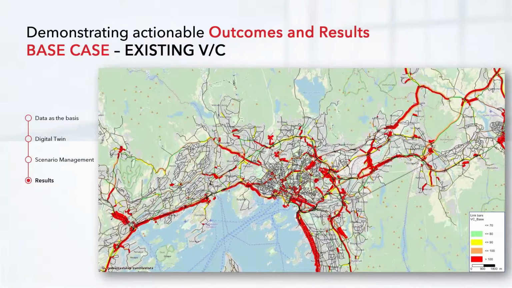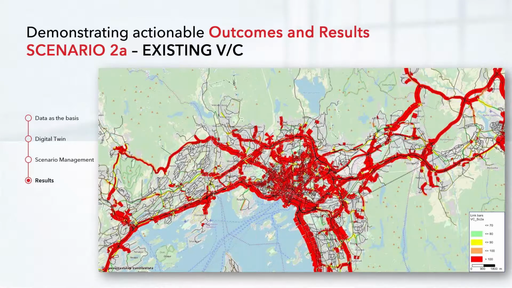Now we have to consider the impact on the city itself. This is a map out of Visum, and it's showing the V over C, volume over capacity ratios around Oslo. Red is pretty bad. So you can see there's a bit of red currently in Oslo already, which is why they're looking at this seriously. Then they want to get this down. But if you go to scenario 2A, it certainly does not go down. In fact, the whole place is a disaster, which we already knew. But there it is, illustrated before your eyes.